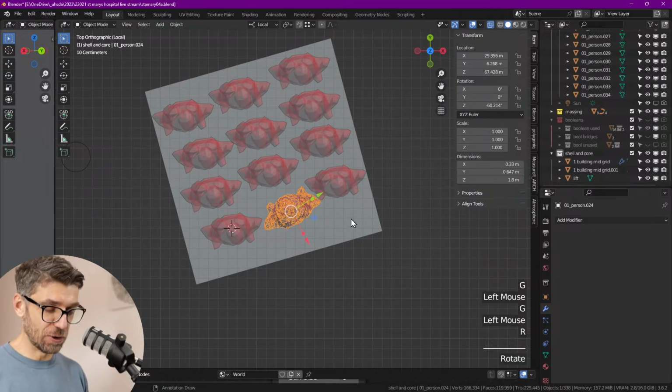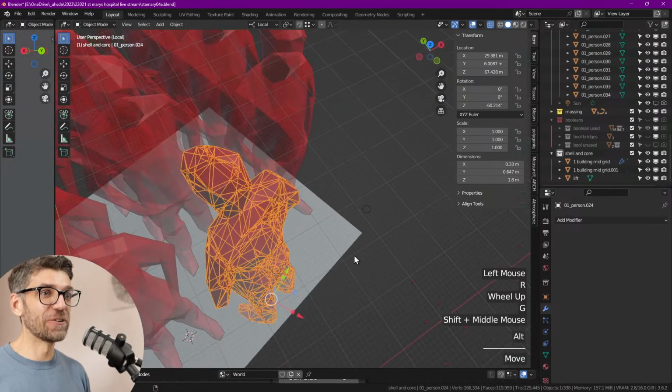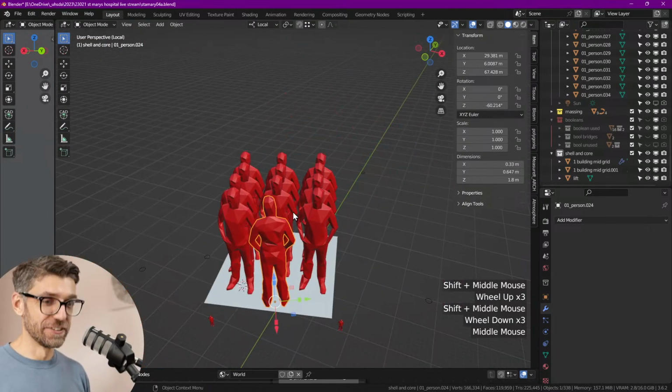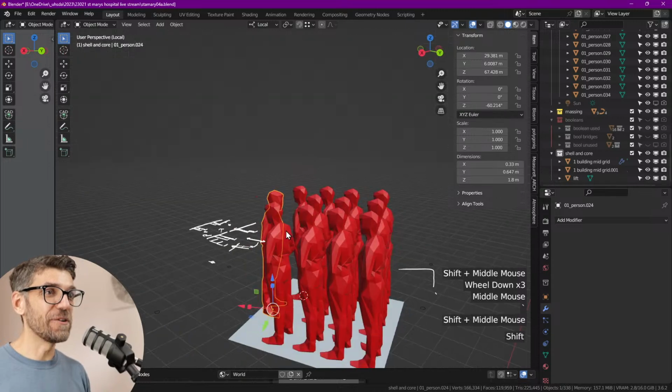And of course we got the awkward guy who's just standing the other way. Yeah, I want to be that guy sometimes in the lift, the weird guy. Anyways, so